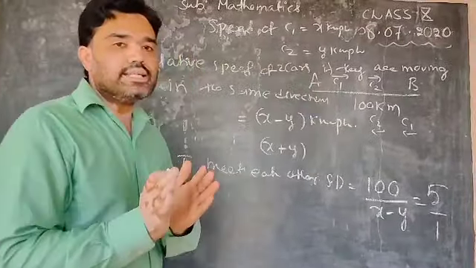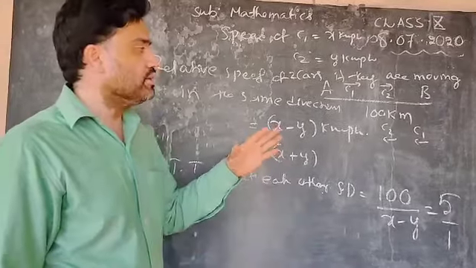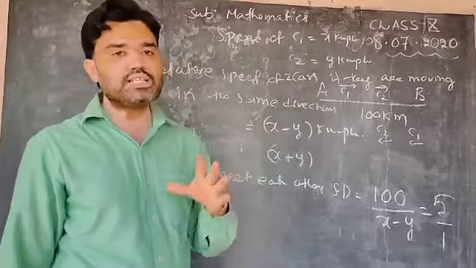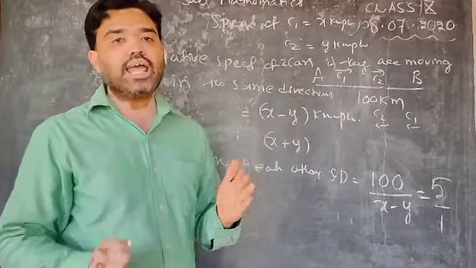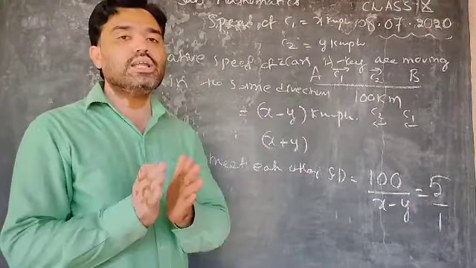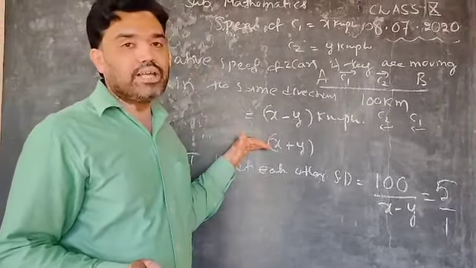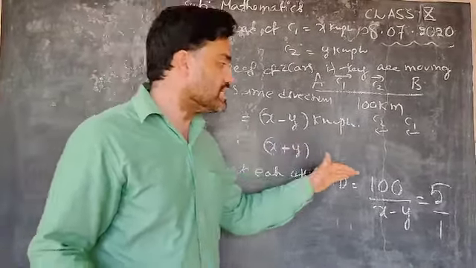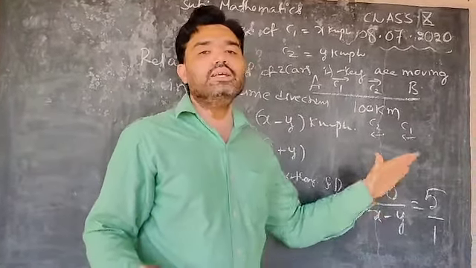Okay, so distance is divided by speed, so that we will get a time. That's why I have done it first itself. Speed is equal to distance by time. If you interchange, time is equal to distance by speed. So relative speed, now they are moving in the same direction, is x minus y and the distance is 100. So distance by speed, 100 by x minus y, is equal to 5.